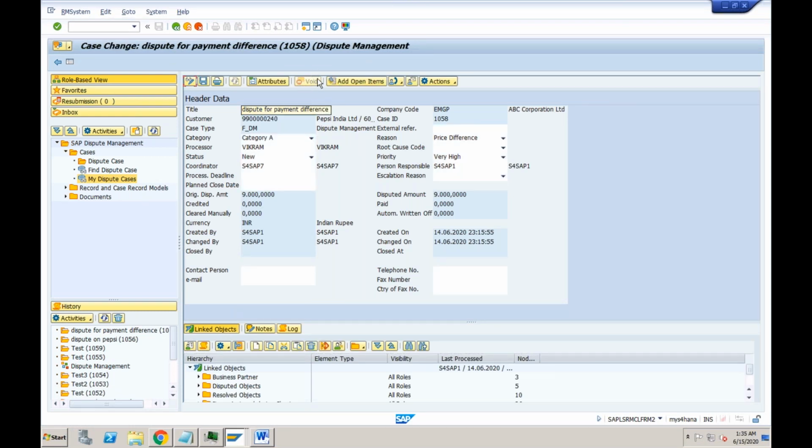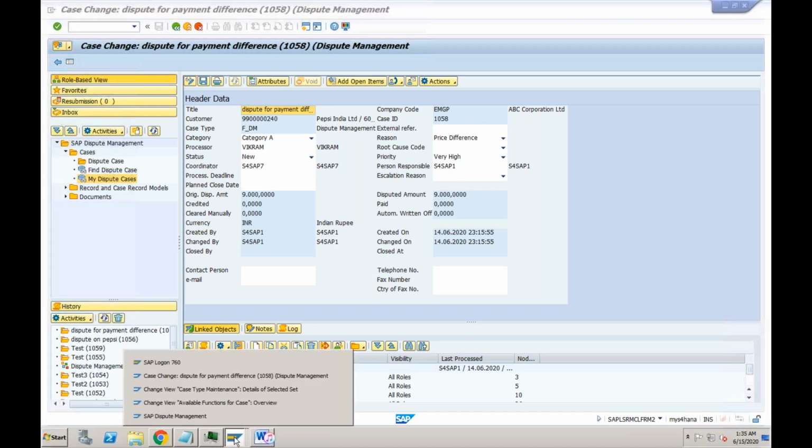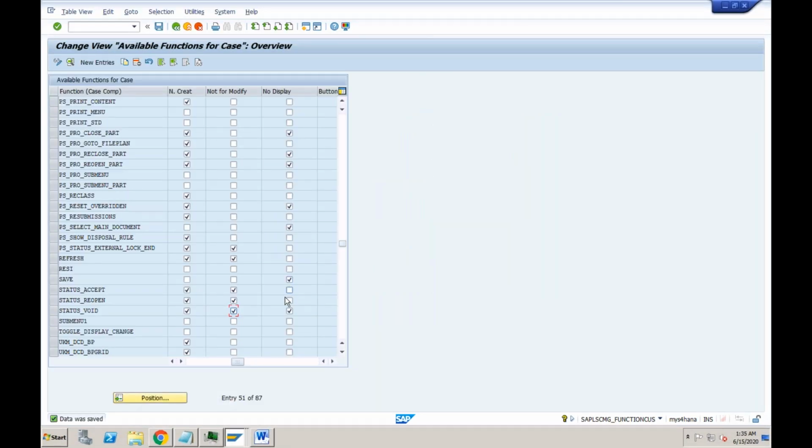You can see this is appearing, but it is hidden. It is not allowing you to change the status. So those things you can control from this function profile. If you want to say no display, you can even do that, so it will not appear at the time of displaying the particular case.